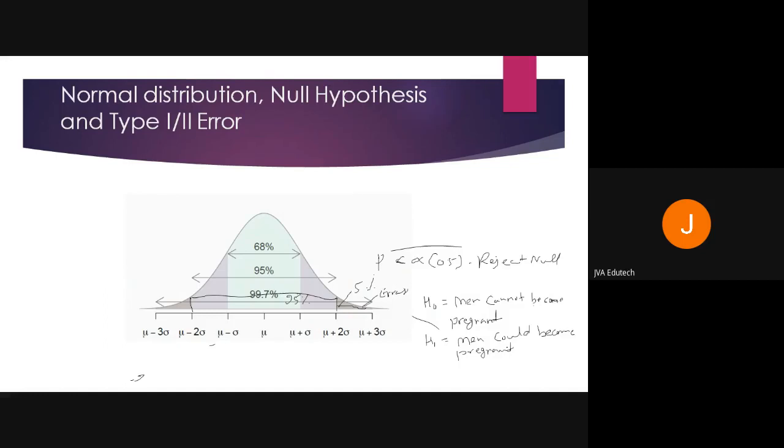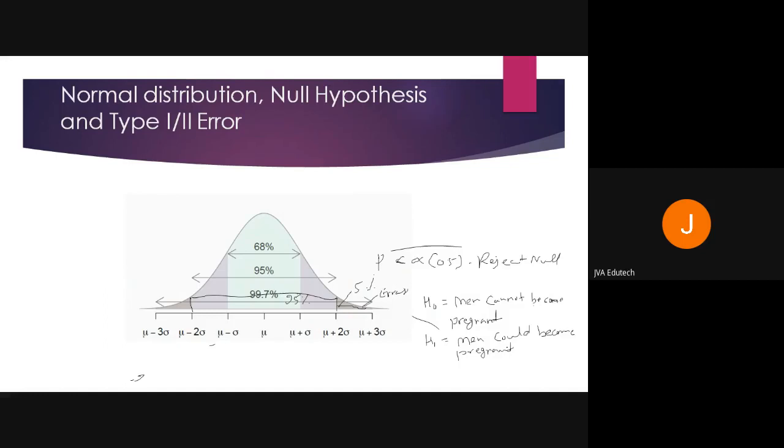Or you can take a simple example in the COVID case. Let's say a person who is not having COVID is tested positive for COVID. If I am assuming that he might be having COVID, then why am I testing? So first I'll assume that he might not be having COVID. This is my null hypothesis. And the fact is that he is not having COVID, but he has tested positive. I have rejected the null hypothesis that he is not having COVID, and it has been rejected by error. This is type 1 error.